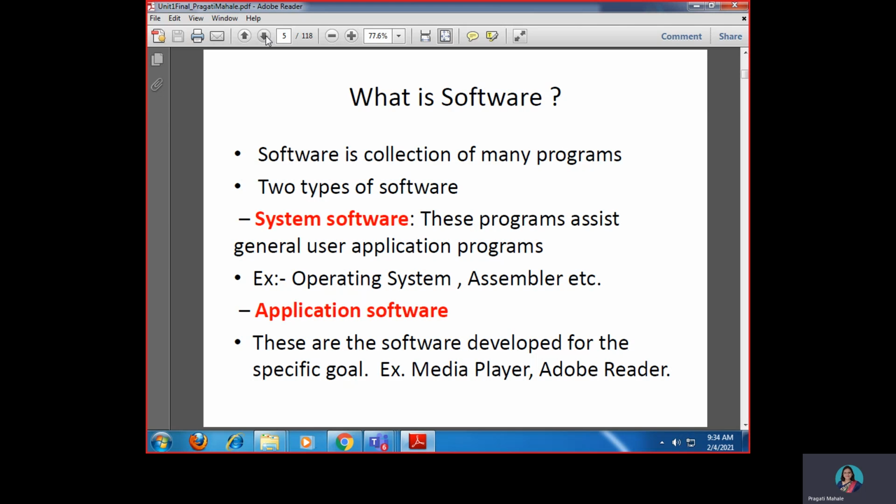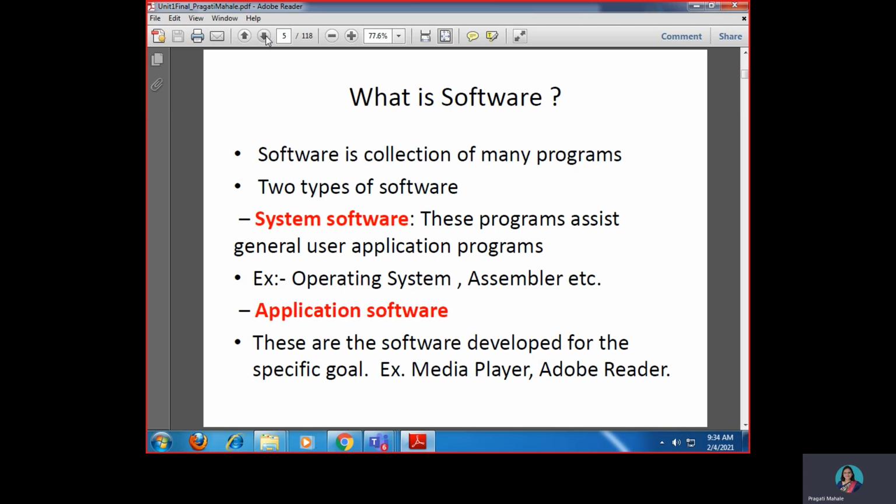User simply uses their own programming language to design or write a code. So all the system software provide a backend to the user by giving them the assistance for all the necessary functions and the resources required for their program execution. And when we come to the application software, there are ample application software that we are using on our computer system. So the software that are developed for a specific goal.